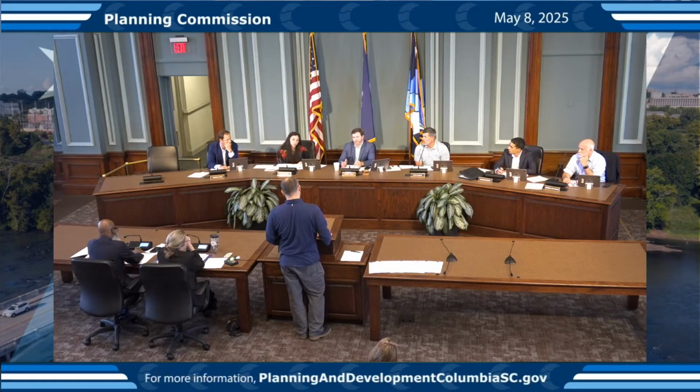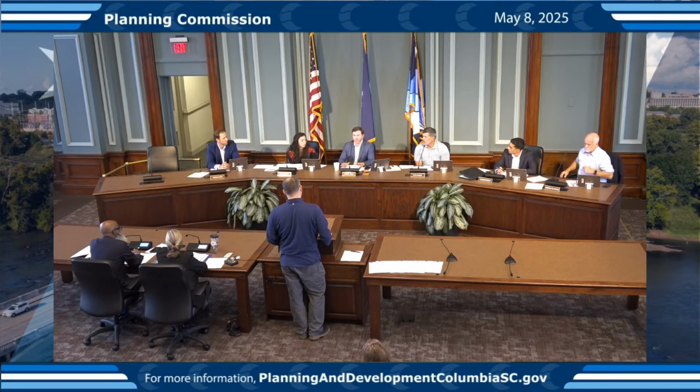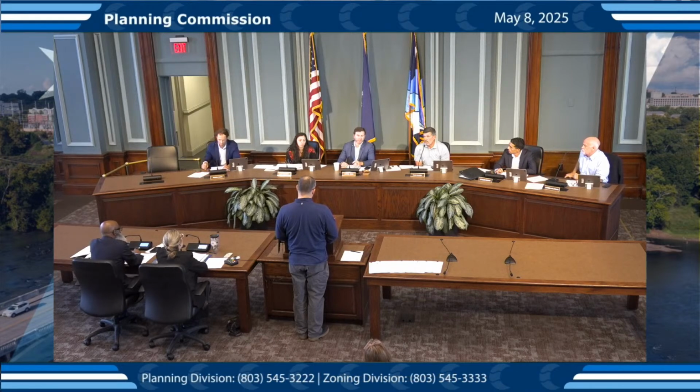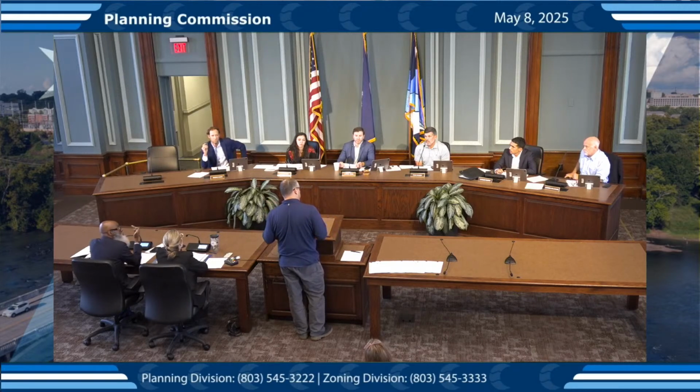I do want to get some clarification if the signs were posted, but just for clarification's sake, the only thing we have purview on approving today is the site plan, not what they go vertical with. No, understood. All right, and all we're working from is the site plan as well, but to my knowledge,